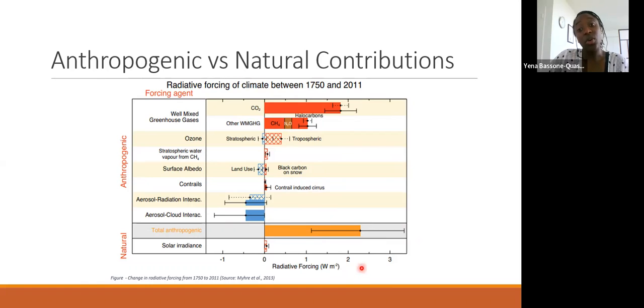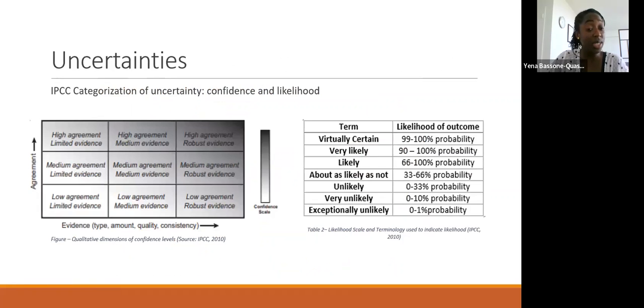Okay. So before we dive into the next slide, I think the summary of all of this is that while there are uncertainties in terms of the exact level and magnitude of radiative forcing, the fact that the climate is changing and humans are the main cause is not in doubt any longer. But it's good to understand